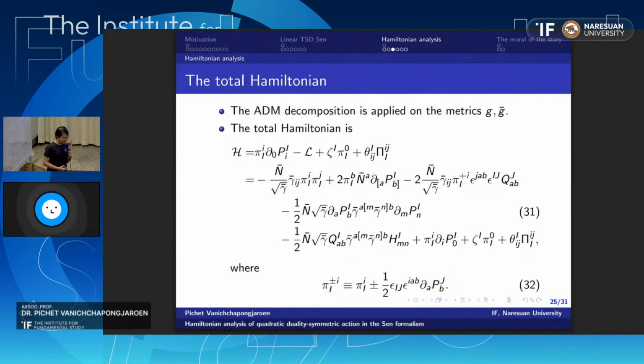And it would be convenient if we now, if not already, do the ADM decomposition on most of the metrics, and then we write the total Hamiltonian. So now the total Hamiltonian is in the form of the lapse and shift and the 3D metric. Maybe from here it's still not so clear that we also have the physical metric, but we do have it hidden, for example, within H.